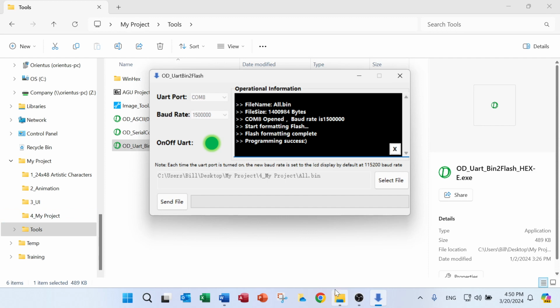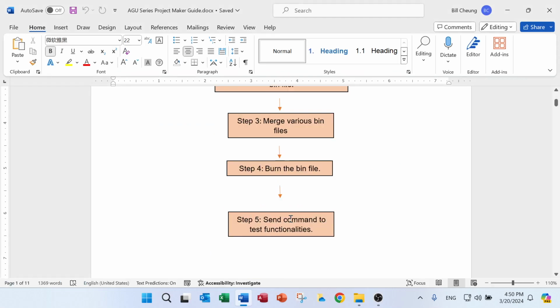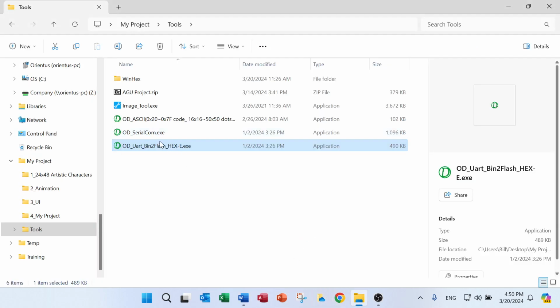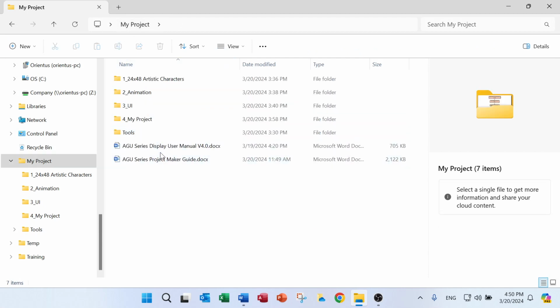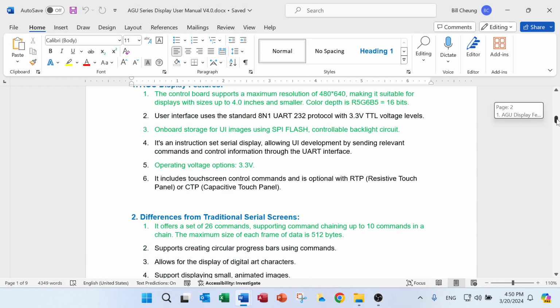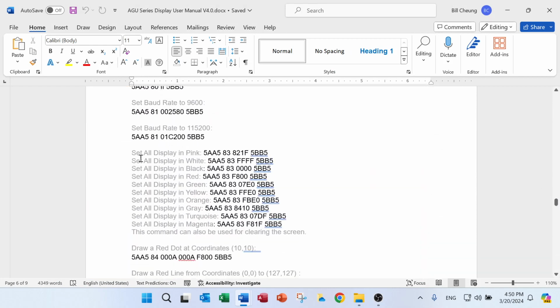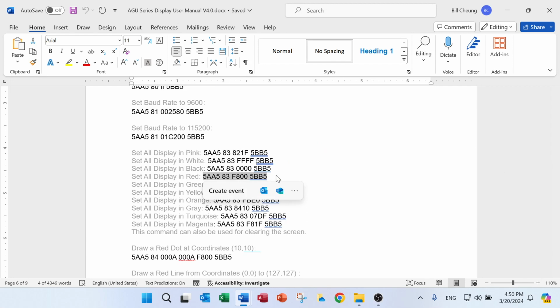So then the next step, we will send the command to test the functionality. Okay, and we have this file. Just a second. We have all the menu, and we have some examples here. First, for example, we set all the display to red. So in that case, we will use this command, and